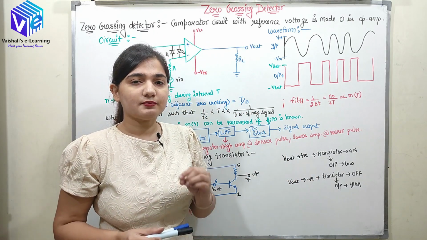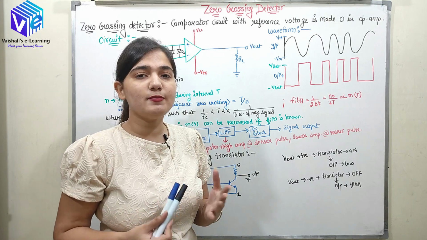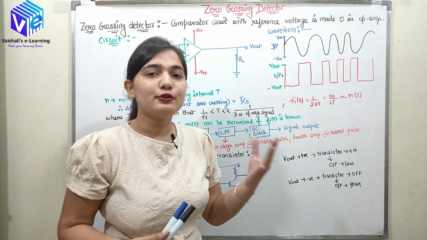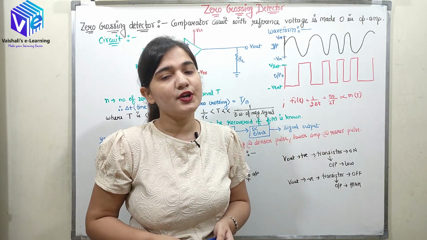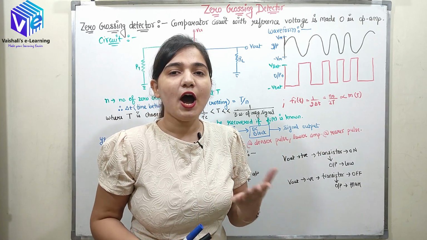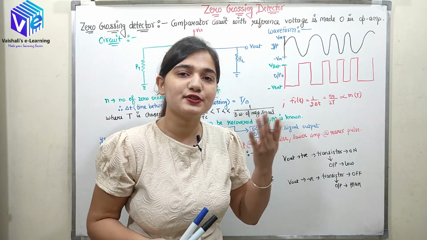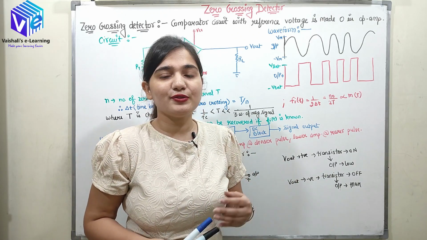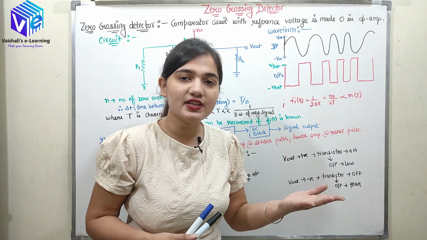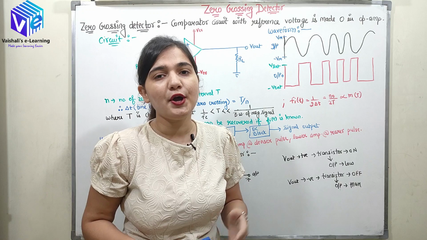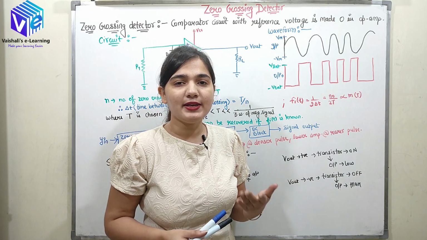Now, if I talk about the zero crossing detector, when you hear this name, you will say that it is calculating how many times the signal has crossed the zero value. So yes, it finds out how many times the FM modulated signal has crossed the zero value. That is useful information for us, and with the help of this information I can find out what my message signal was. So let's find out how we'll be doing this.